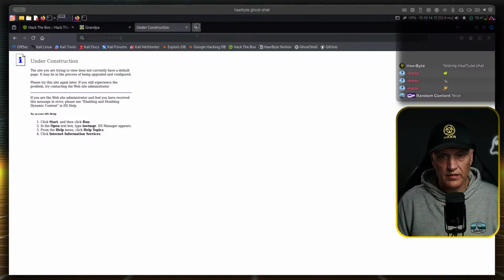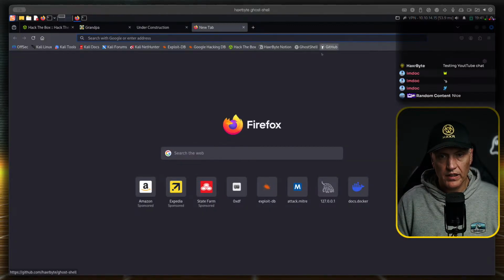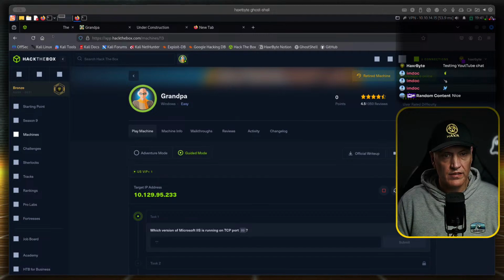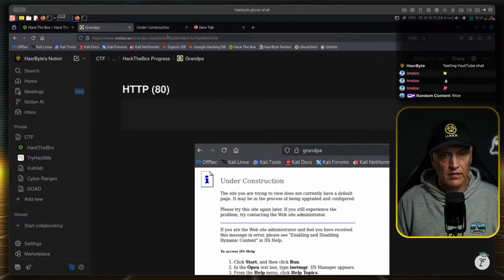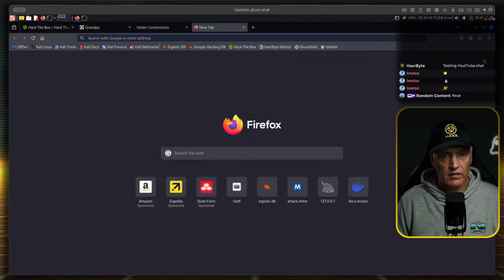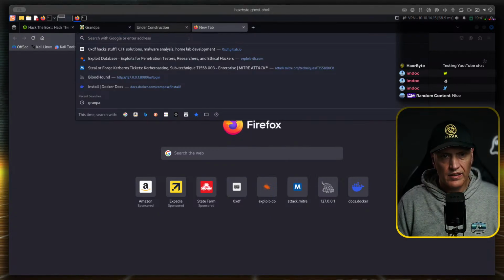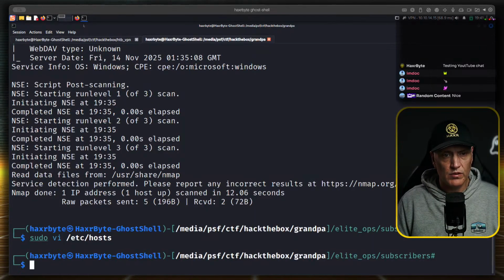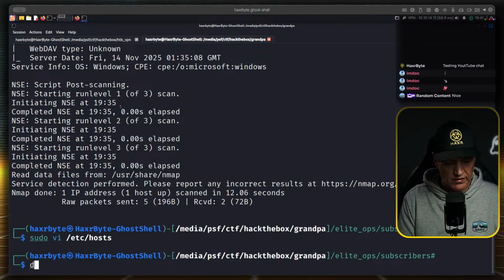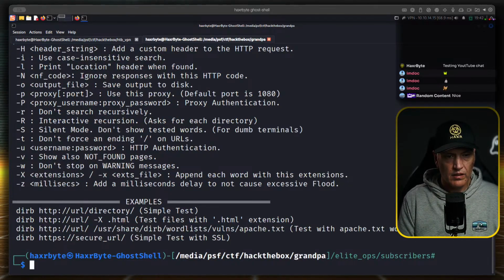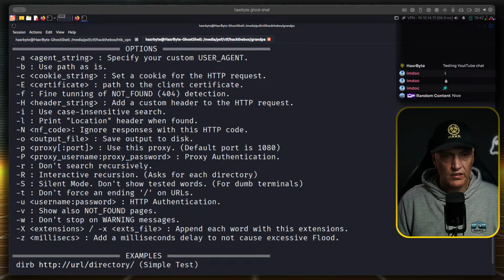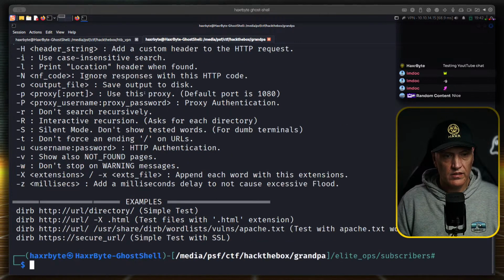I've got a GitHub page with some notes, actually. There are some tools that I like to use, various different ones. You get Dirb, which can do this.